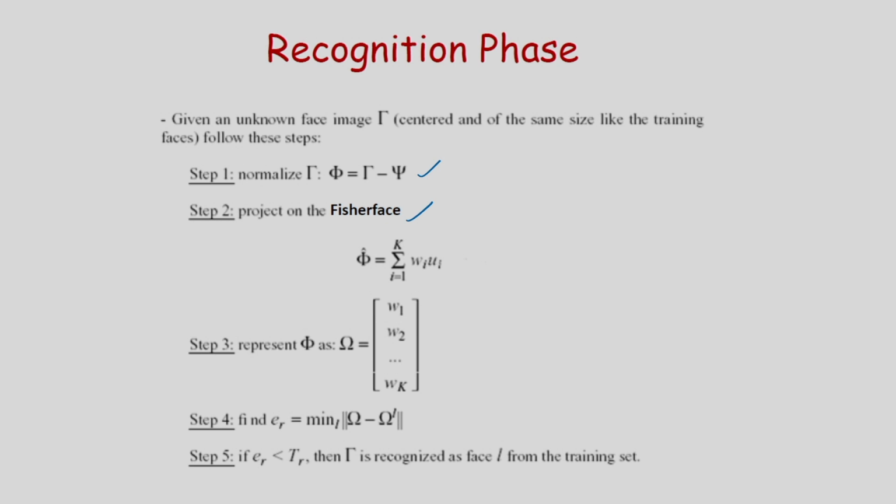After this, what do I have to do for recognition? I just have to compare the weights. One is the weights corresponding to the training, and another one is the weights corresponding to the input test face. So I have to compare the weights, and based on this comparison, if the difference is less than a particular threshold, I can recognize a particular face.